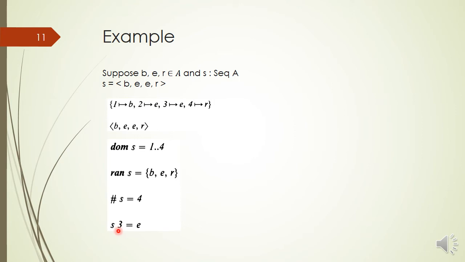If you want to know which element is appearing at position number 3, you can pass value 3 as an argument to sequence S, and you will get return value E, basically representing that the third element in the sequence is E, or you can say that the position of element E is 3.